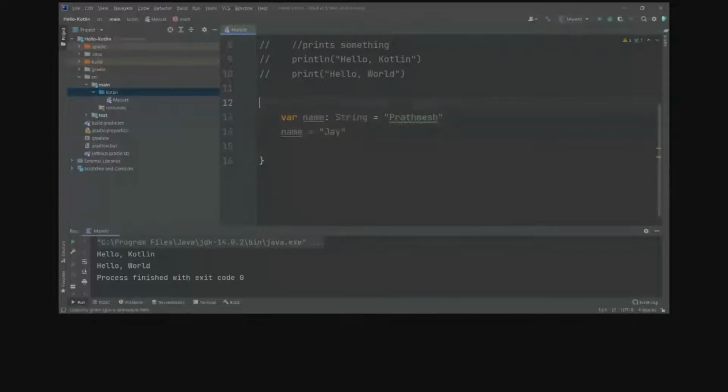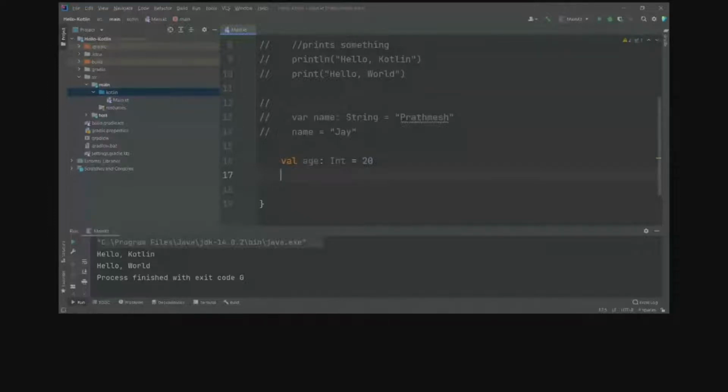But if I don't want my variable to change, those are called immutable variables. In Kotlin, immutable variables are declared by the keyword val, and suppose val age is of type int, and suppose age is 20, and suppose if I want to change the value of age.